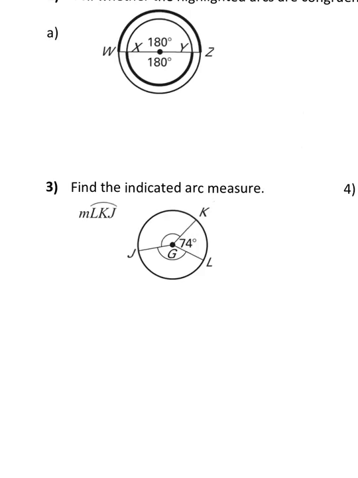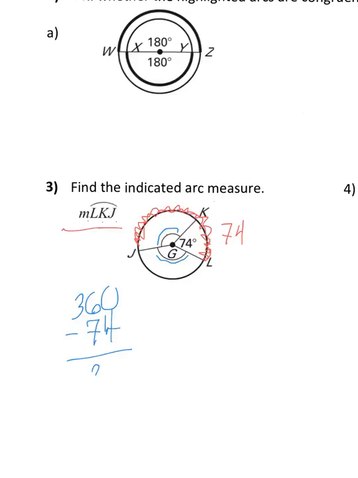For this next example, what I'm looking for is the measure of arc LKJ. So that would be L to K to J. So I know it's going to be at least 74 degrees because this arc over here is 74. Now the other clue they give me is that this central angle and this central angle have the same measurement. So all the way around 360, we're going to take out that 74, which leaves me with 286 for this arc all the way around,